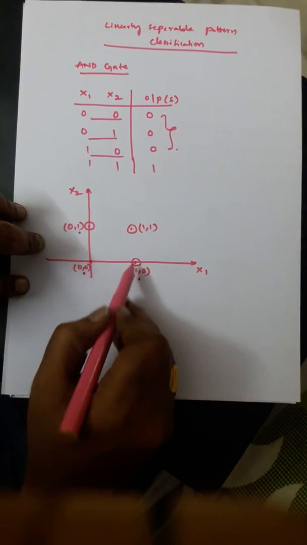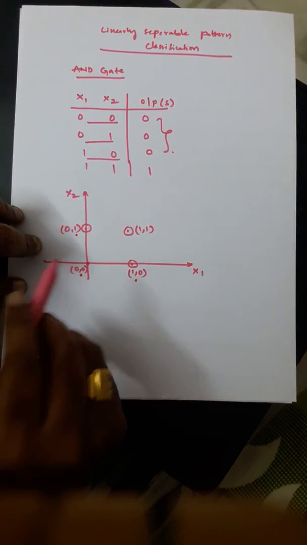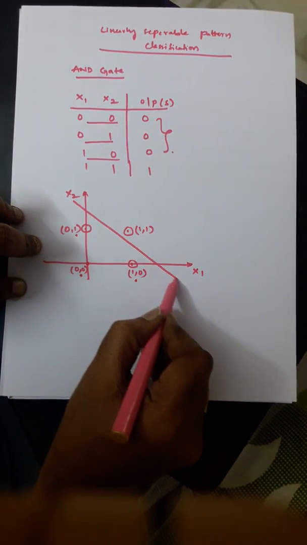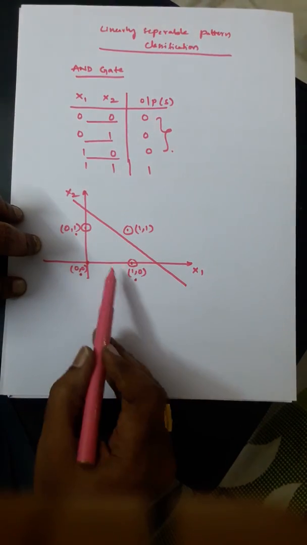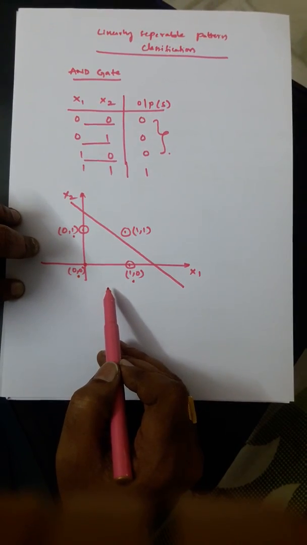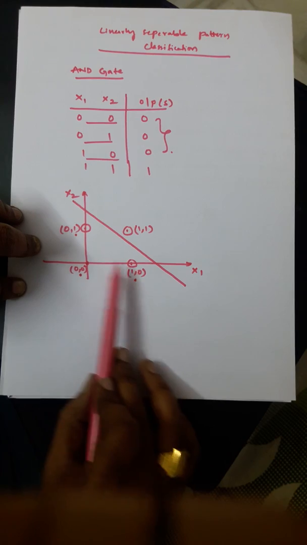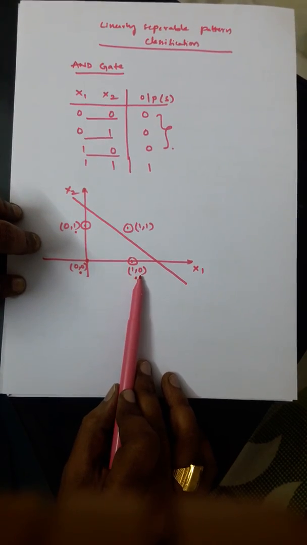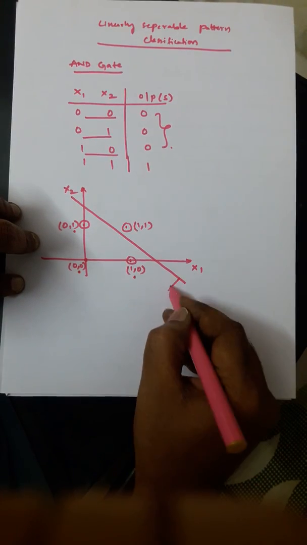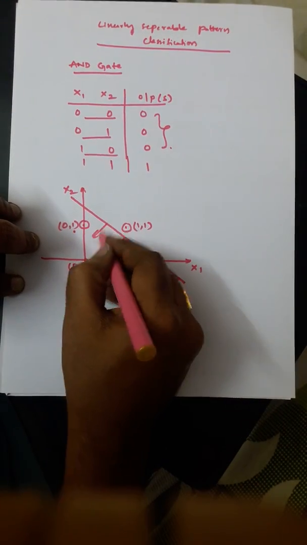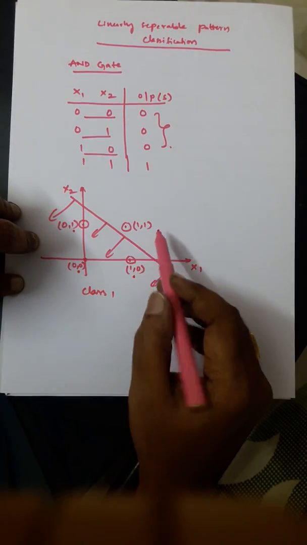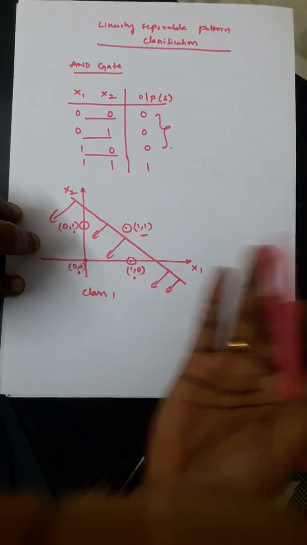I can divide this entire pattern space into two regions in such a way that, see here, I have drawn a line dividing the entire pattern space into two regions where 0 0, 0 1, 1 0 are on one side of this line, which indicates that all these input patterns belong to one class, and 1 1 on the other side of the